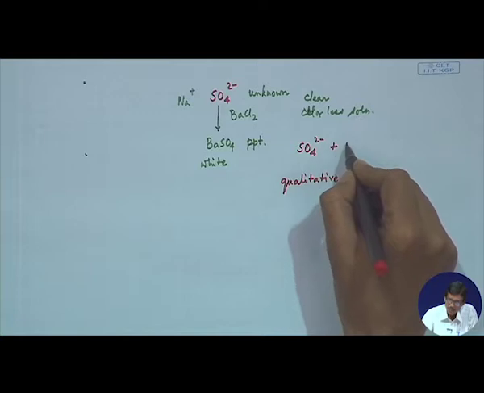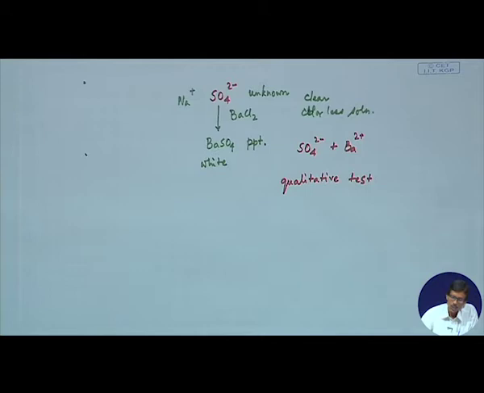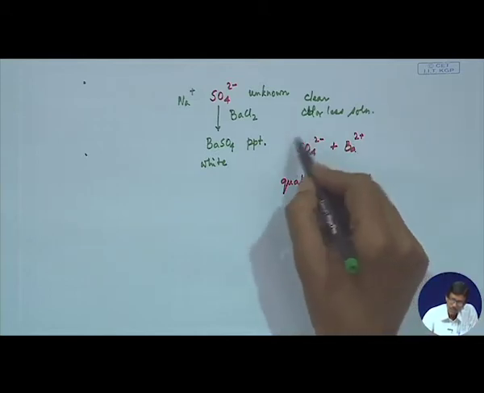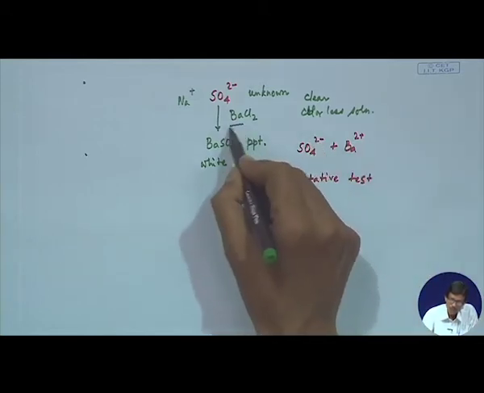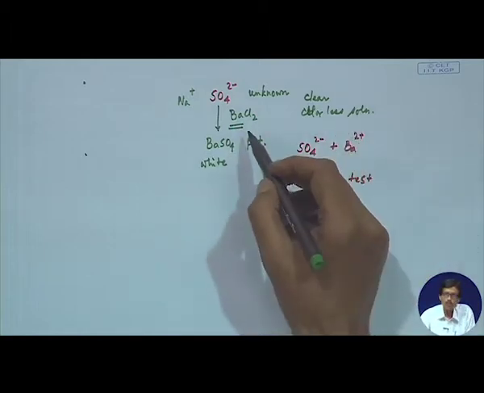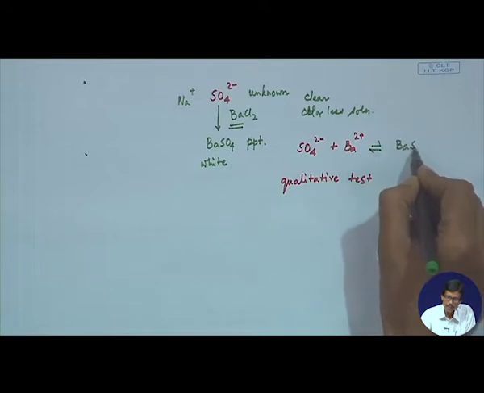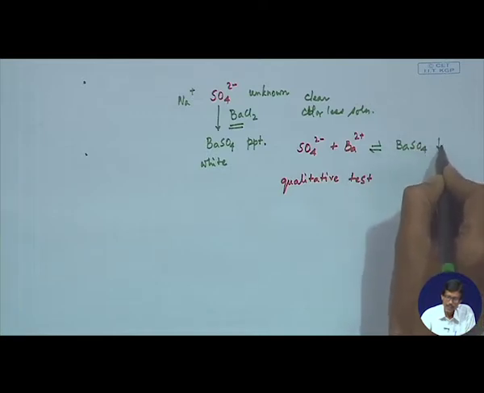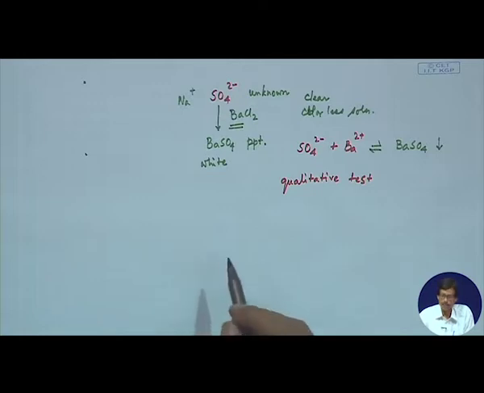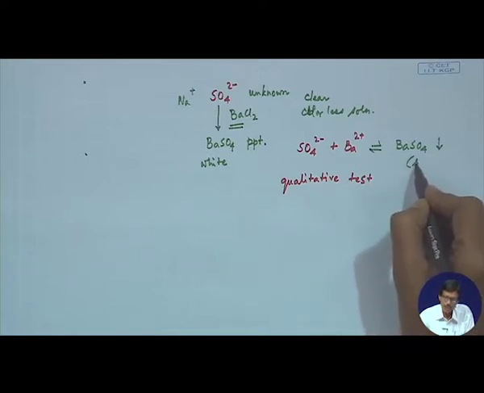By the addition of a reagent, we are only focusing our attention on the cation, because we are trying to identify the anion. So, barium we are giving as barium chloride, which is soluble in water. This gives rise to the precipitate barium sulfate, and we write this as the corresponding white precipitate of barium sulfate. What we see is that this particular one is a solid and is sparingly